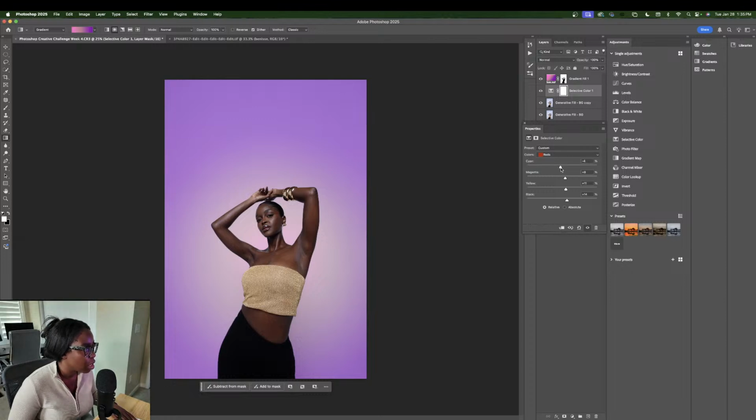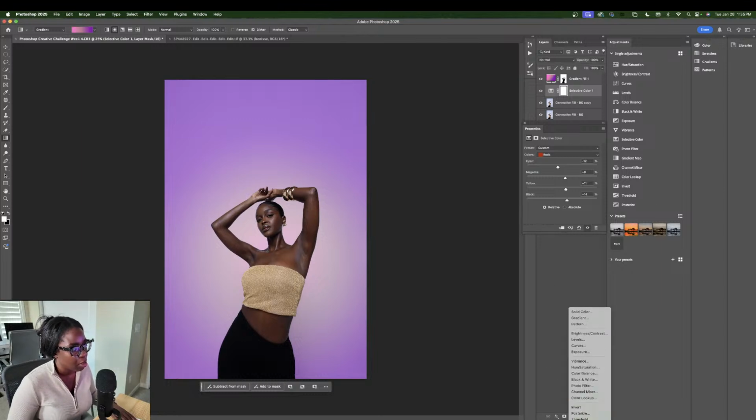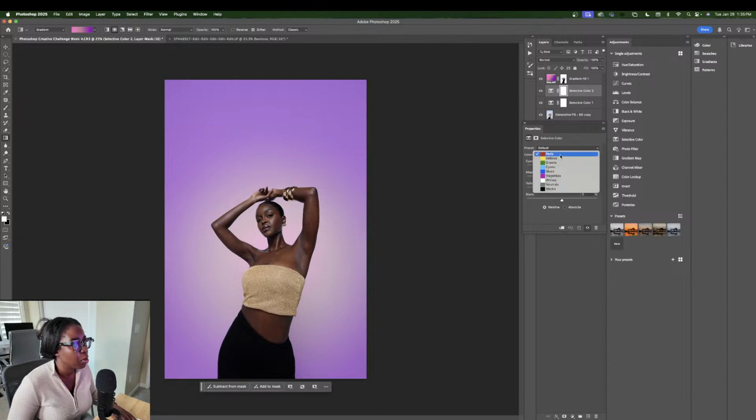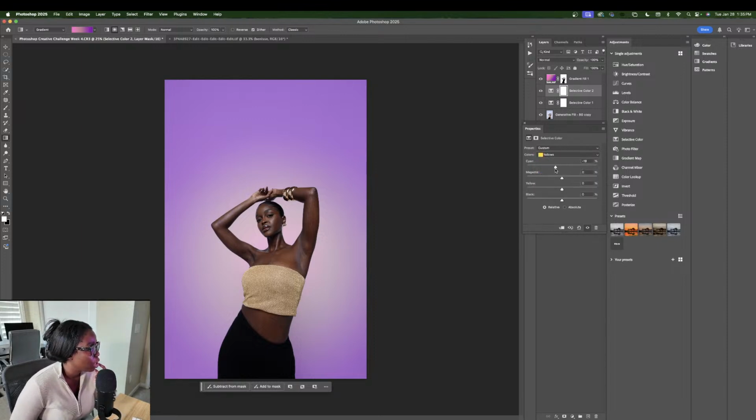Okay, so I'm going to add some cyan, just a little bit. Let me see, that's the before and after. Yeah, I like that depth there. Then we're going to come down here. What else can we add in here? I don't know if it's going to pick up the yellow in her. Yes, it is, but it's also picking the yellow up in her shirt, which is fine. We're going to go ahead and edit the yellow, golden color that's in her